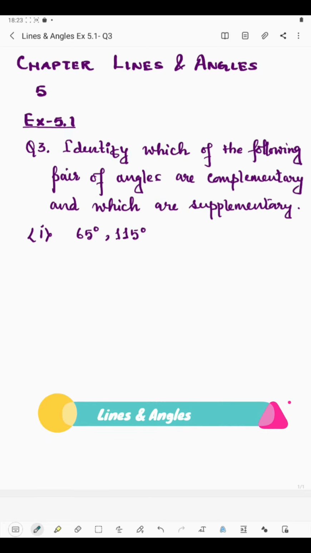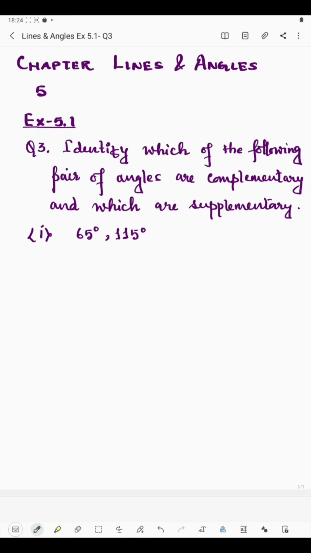Hello students, today I am going to start question number 3 of exercise 5.1. Now in this question we have to identify which of the following pair of angles are complementary and which are supplementary. So here we have pairs of angles and we will have to identify whether these are complementary angles or supplementary